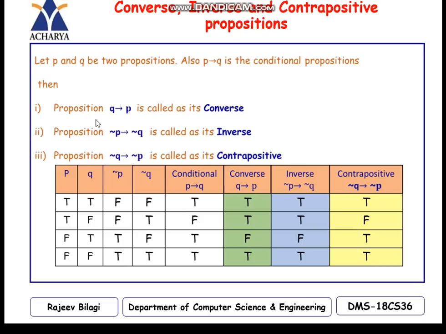So sometimes in the exams, they will give a P then Q, one conditional proposition, and they will ask you to write down the converse, inverse, and contrapositive propositions and the respective truth tables for all these things. So now, to start the truth table, I need P and Q. So P, Q, I'll write the truth table for this P then Q, and also for converse, inverse, and contrapositive.